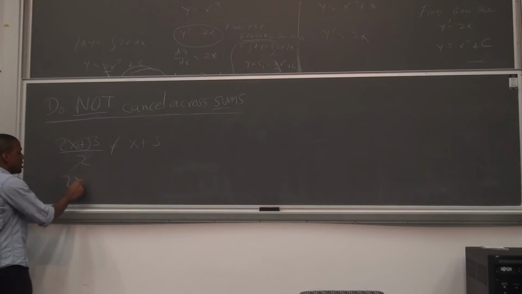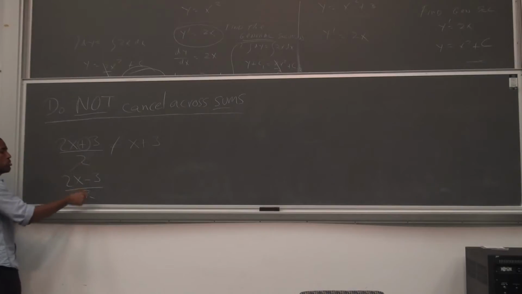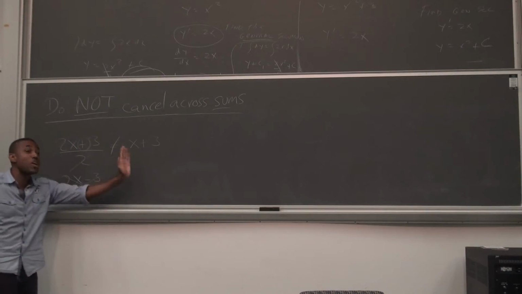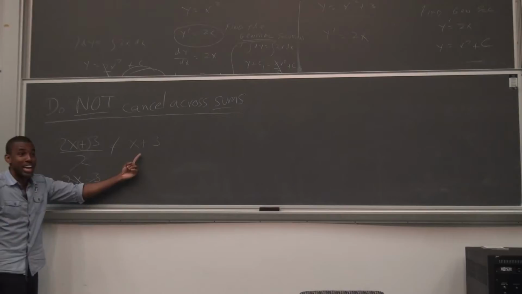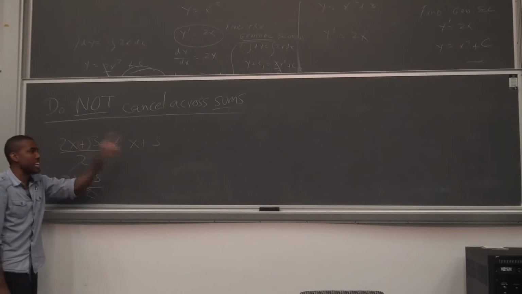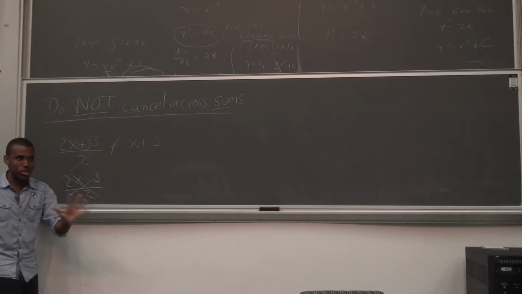Right? And it goes for negative signs as well. So if it's a plus or a minus separating terms, you cannot cancel across the sum. That is illegal. Right? So don't think of doing that. You get to somewhere like this, you leave it as it is. Just don't do anything. Right? You think you need to do something, I don't know, write Jesus saves or something. Whatever you write, I don't care what you write. Just don't do that. Right? No matter what else you write, you will be in a better position than if you write that. Right? That's how important this is.